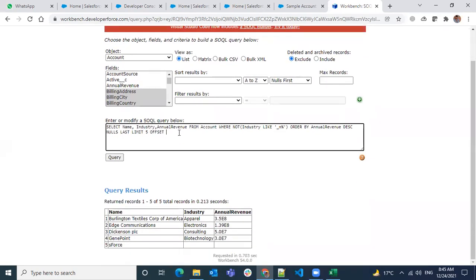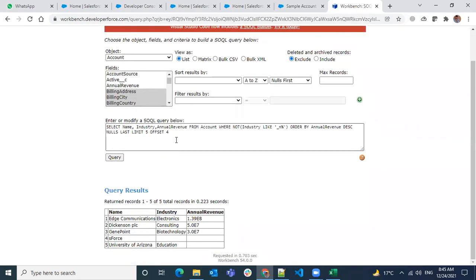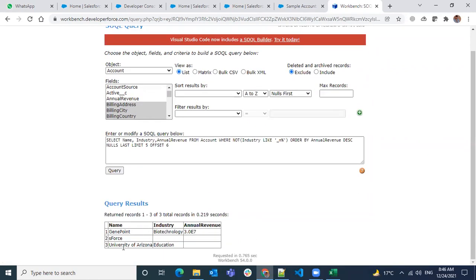So if I do a 4 also, it will work for the 5 records. If we start increasing, why? Because we only have 9 records. When we start increasing the offset, obviously you will get fewer records. Out of 9 records, you are skipping 6 and you will have only 3 records left, and those will be shown here. And when you have both limit and offset, first you have to mention the limit, then you have to give the offset.